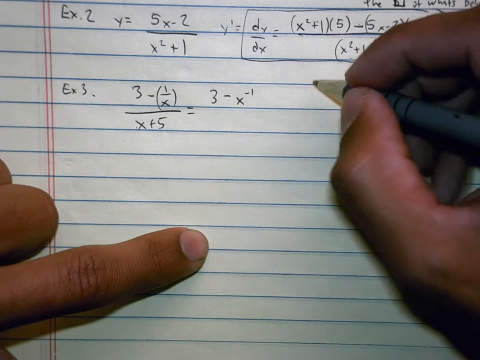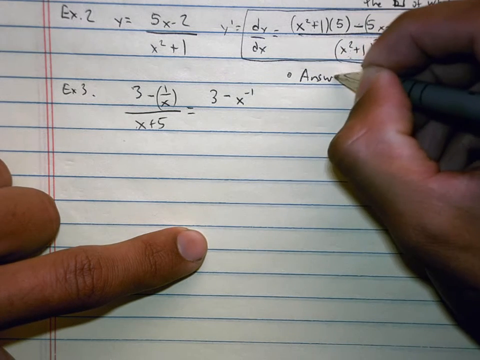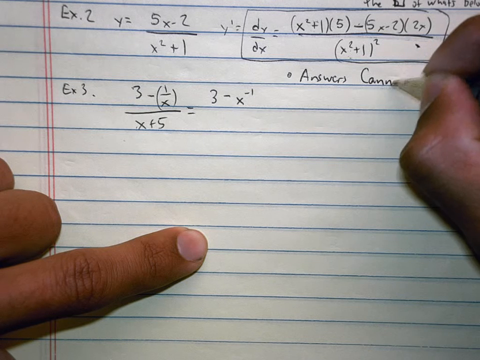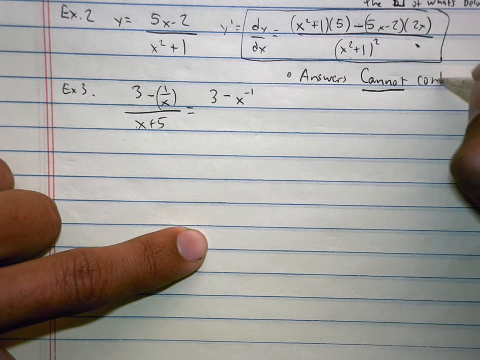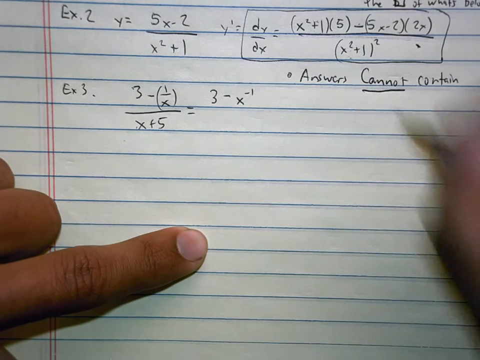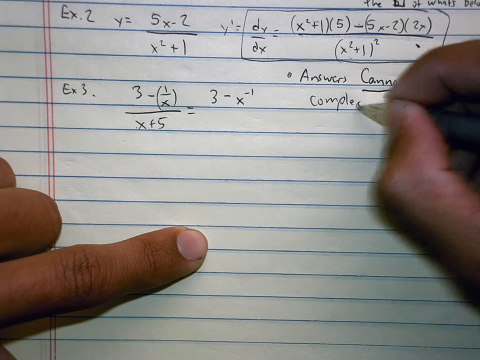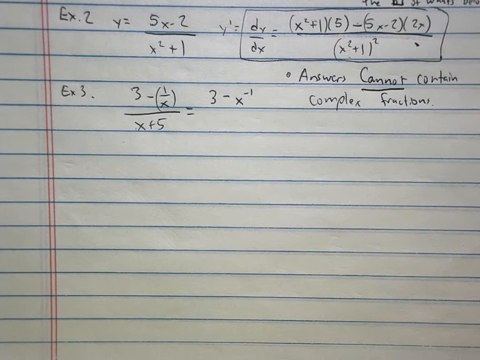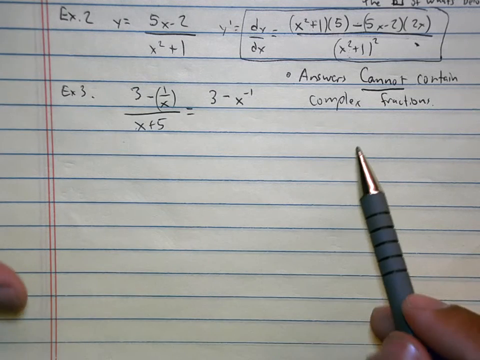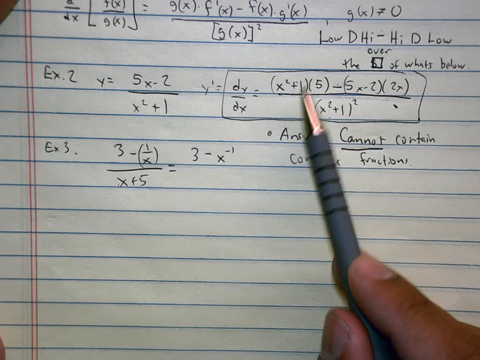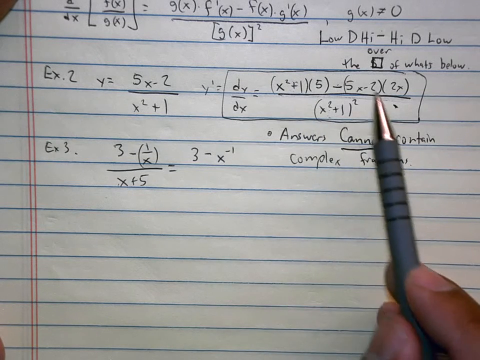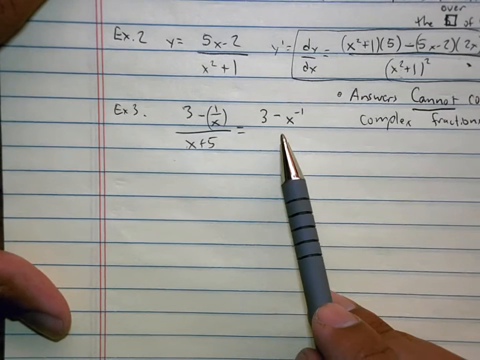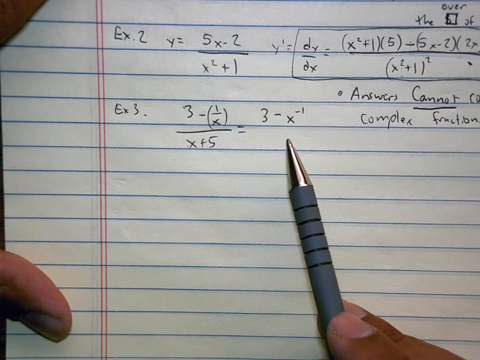To get rid of complex fractions, your answers cannot contain complex fractions. Do you remember how earlier I told you your answers could not have any negative exponents, and your answers could not have any complex fractions? So even though I look at this problem right here, there's no complex fractions. If I try to solve this problem by doing what I just did, there's going to be a complex fraction,